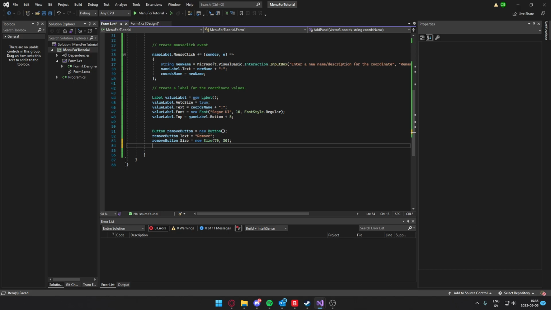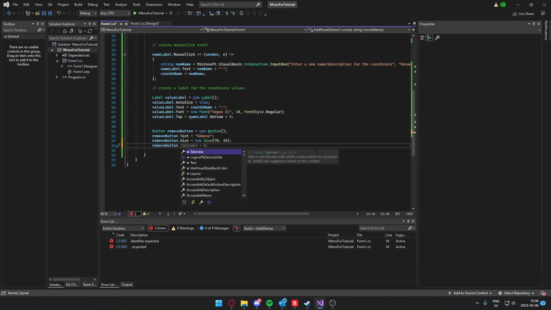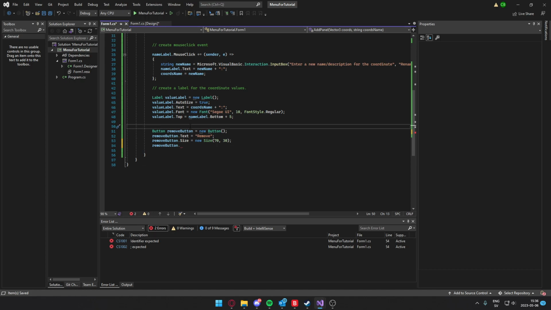That's what's good about programming and graphical design and so on. Remove button dot, and now I forgot the comment, my bad. Create a remove button